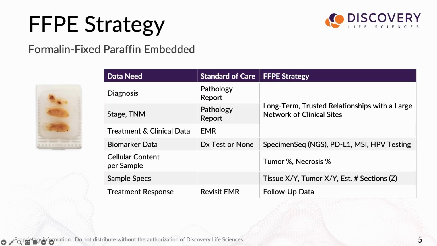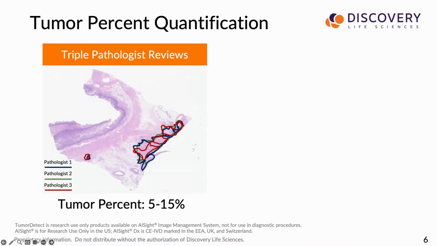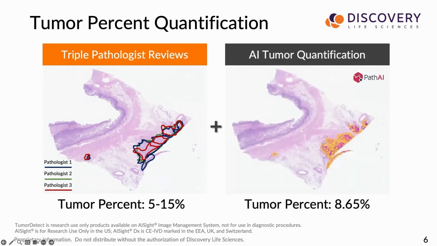Our strategy here for biomarker data is sequencing, IHC, and PCR to get PD-L1, MSI, HPV, and NGS data. We get tumor percent and necrosis percent to understand the cellular content. And we provide dimensions, tissue XY, tumor XY, and an estimated number of sections remaining to get at that Z depth. And we're very proud of our partnership with PathAI to allow us to get a further level of precision and quantification